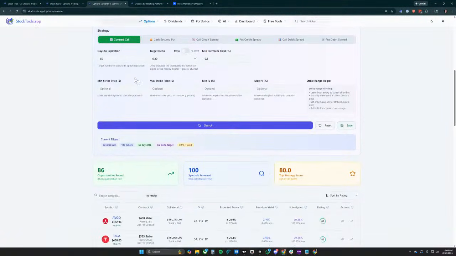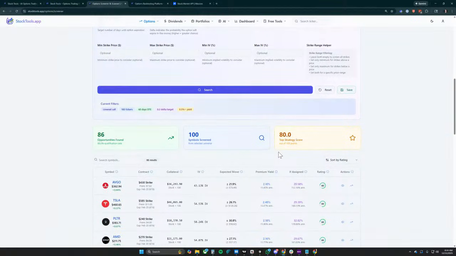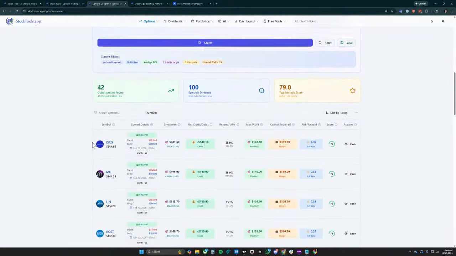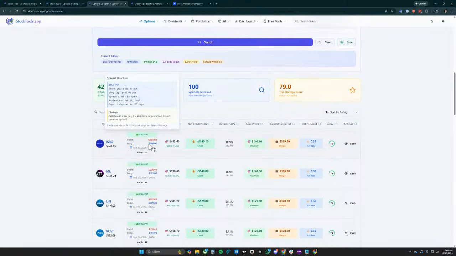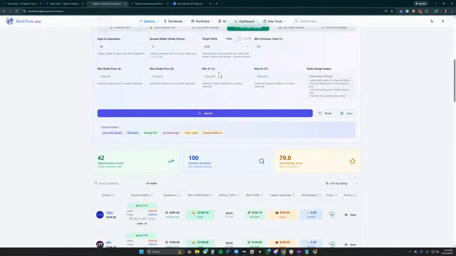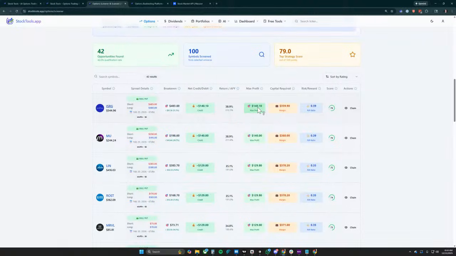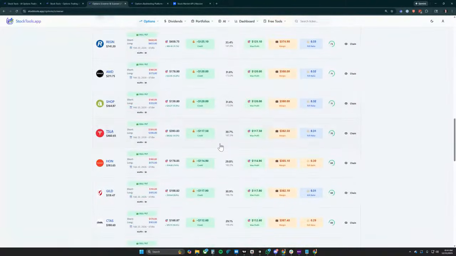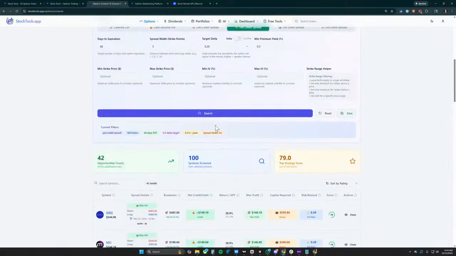So you can come in here and search really quickly against all of the different strategies. We can find put credit spreads really quickly, and we have nice configurations where it's finding five wide. You can change your spread width, and target deltas where you're starting from, all that good stuff. You can select by IV. Same thing here, we can mouse over and see information on all of these fields. I've been building this for a while, there's a whole bunch of cool stuff in here. I use this every day to put trades on and to find new trades.